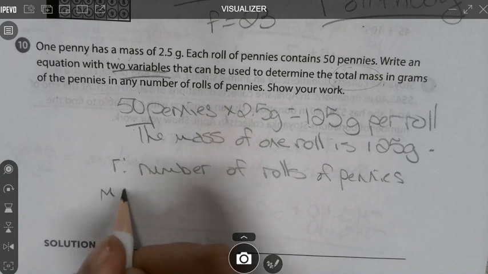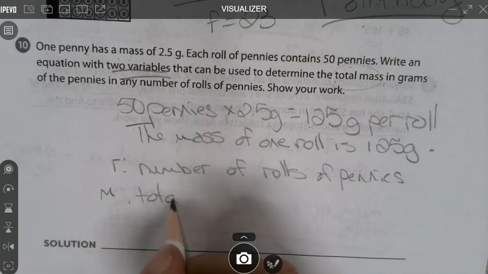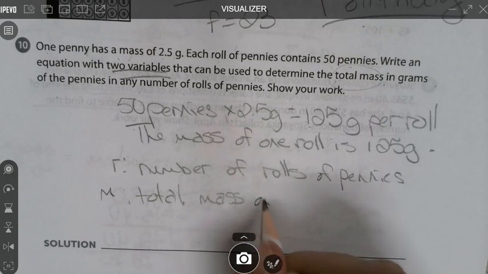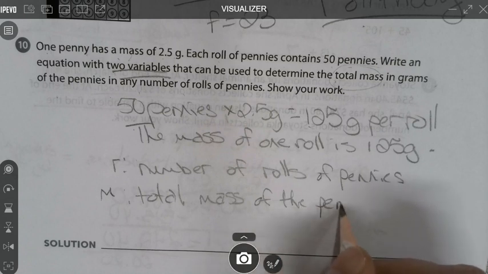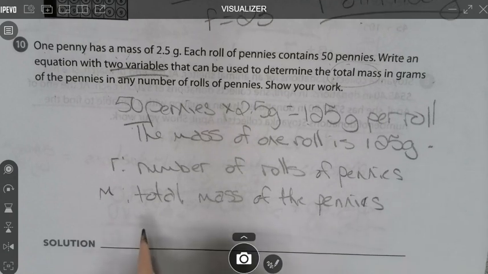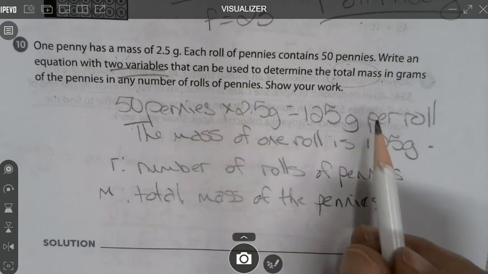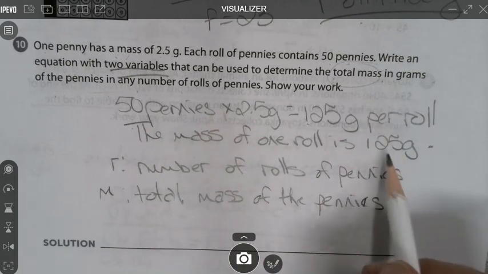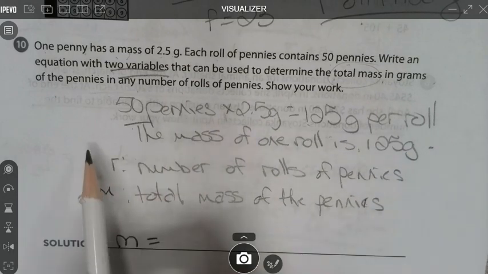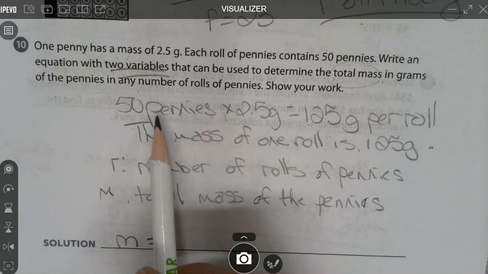And M is the total mass of the pennies. Okay. So if I do what is the mass? Well, the mass is the number of